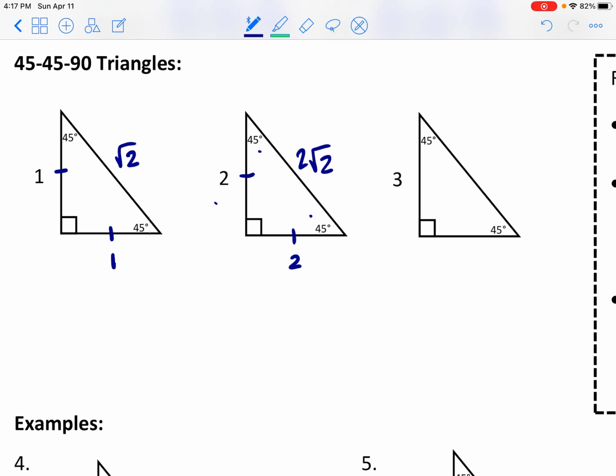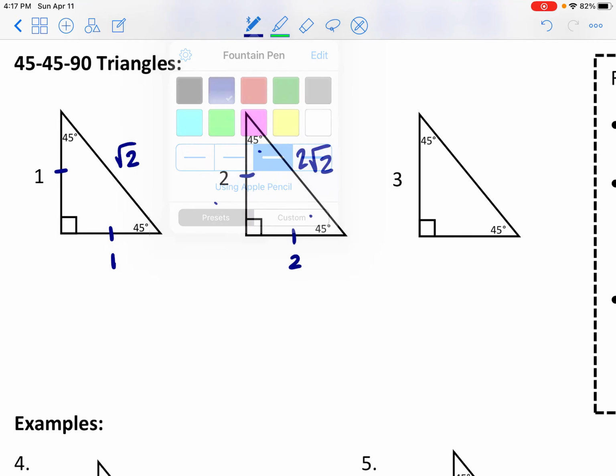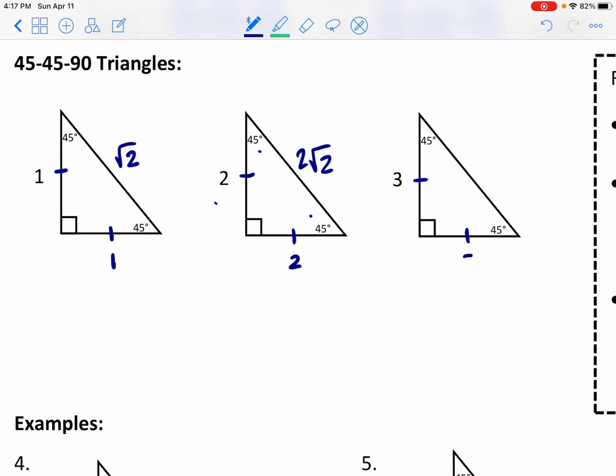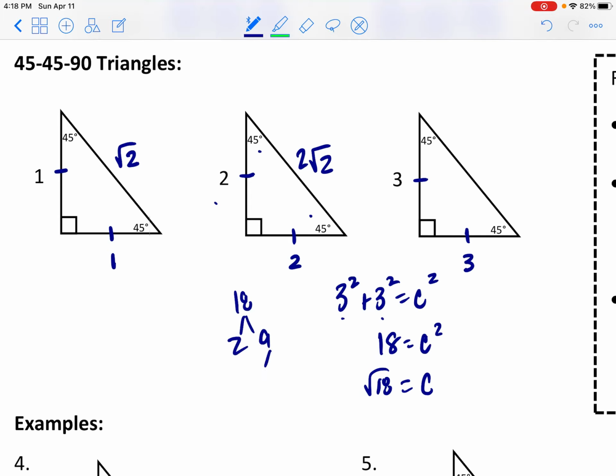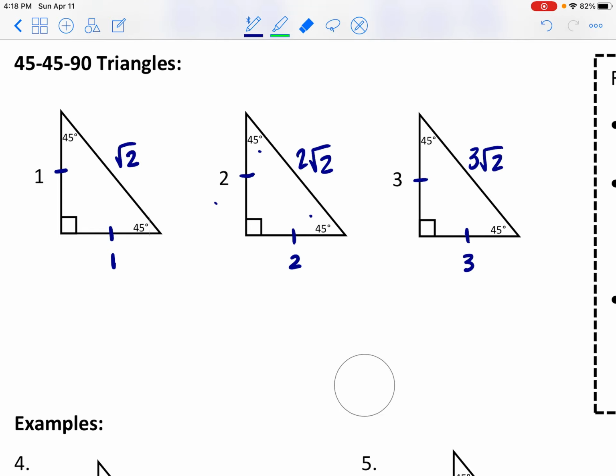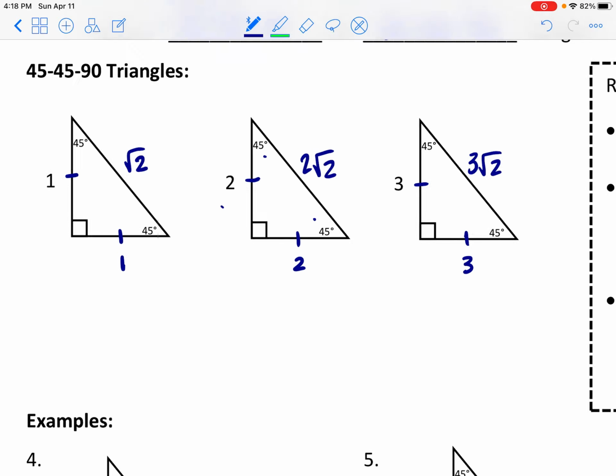All right, and if we look at this third example, if this side is 3, this side's going to have to be 3. The legs have to be equal if those two acute angles are both 45 degrees. Now if we use the Pythagorean theorem, 3 squared and 3 squared has to equal c squared. That's going to be 9 and 9, which is 18. So c is going to be the square root of 18, which simplifies. 18 is 2 times 9, which means a 3 is going to come out. So we're going to get a 3 and a radical 2 here. Now I could give you more and more examples, but the point here is to not have to use